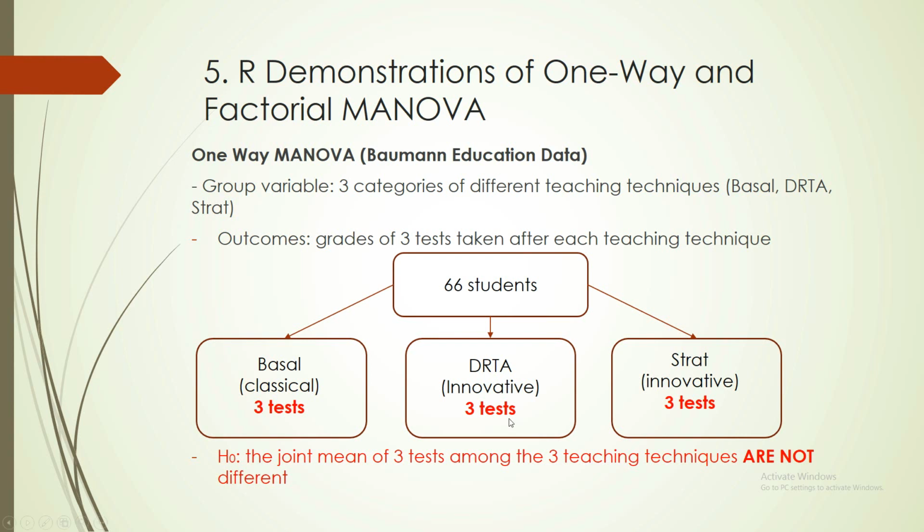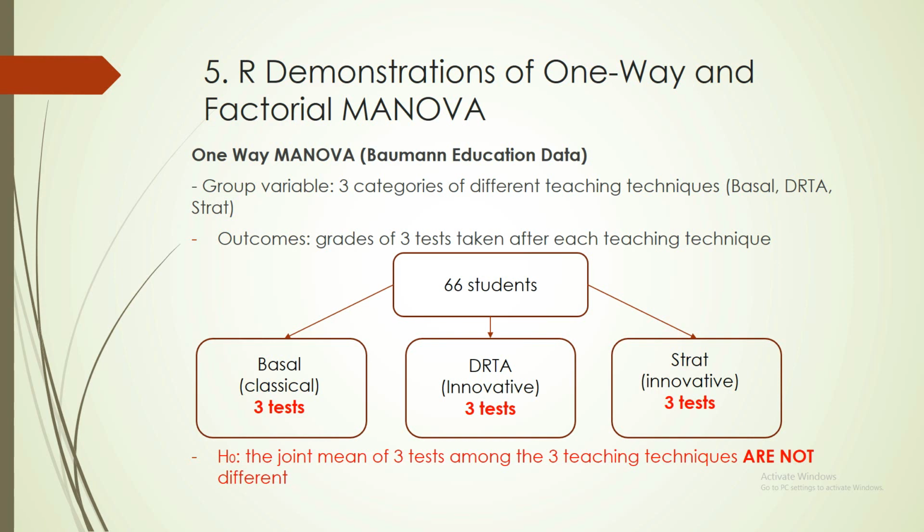So now we get to the R demonstrations part of the one-way MANOVA and factorial MANOVA. So for the one-way MANOVA example, the data set that we're going to use is called the Bowman education data. In this data set, we only have one group variable, and this variable has 3 categories of different teaching techniques. And these techniques are called basal, DRTA, and strat. Okay? And the outcome variables that we're going to test their means to see if their joint means are different between these 3 categories are the grades of the 3 tests that were taken after each of these teaching techniques were